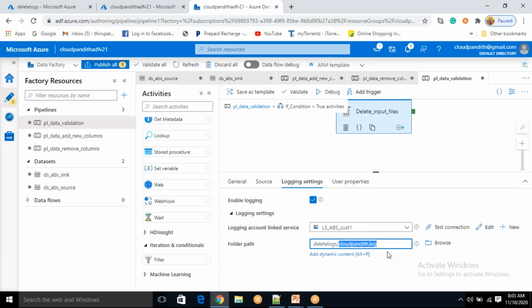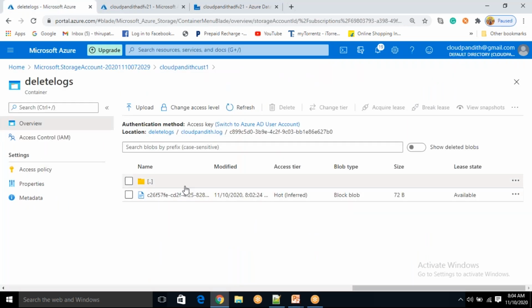Maybe the reason I'm thinking is that when you are running this delete activity multiple times, if it keeps adding content to the same file, the single file size is going to be very big. So that's why every time you run the pipeline, they create a new file. So you'll come to know this is the delete activity which happened on, like, November 10th.